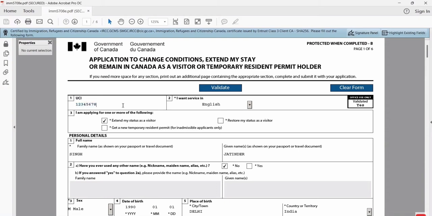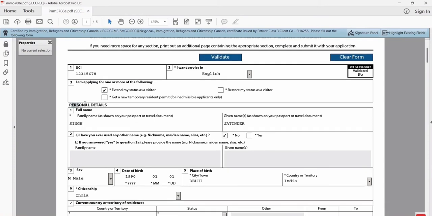I want service in English, so you need to select English here. I'm applying for one of the following, so I want to extend my stay as a visitor, so I will tick here. Personal details, your full name, so you need to check your passport, so you need to enter information